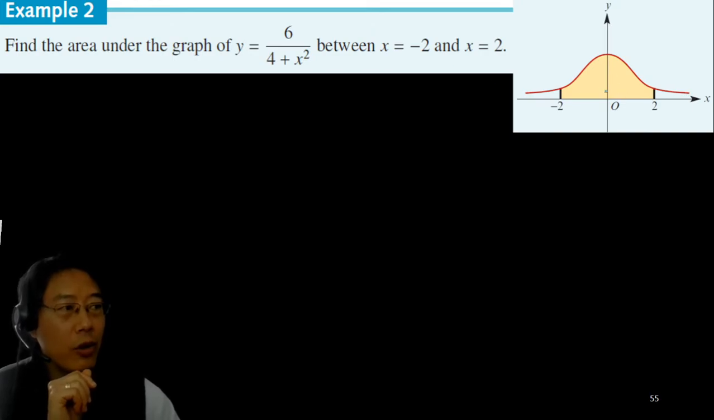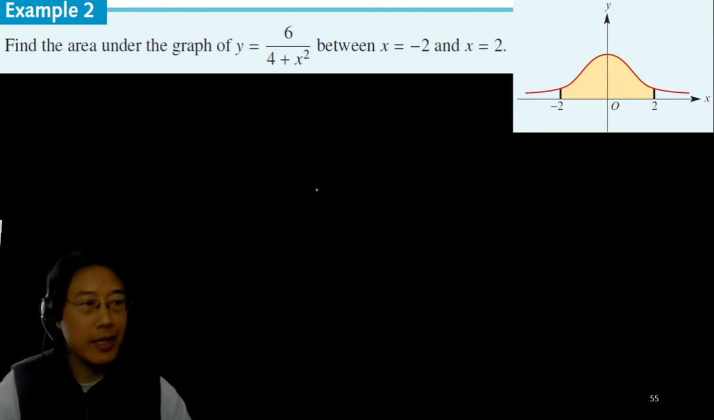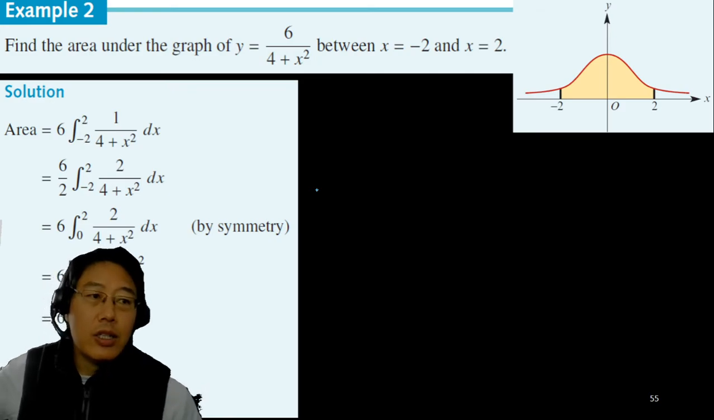So being even, if we wanted to find the area, due to symmetry, we can just take half of it from 0 to 2 and double it, and it will give you the whole area that is shaded in yellow. Okay, so here is your